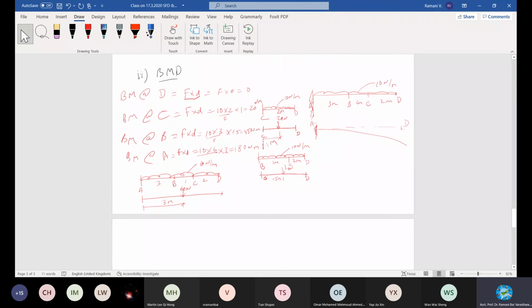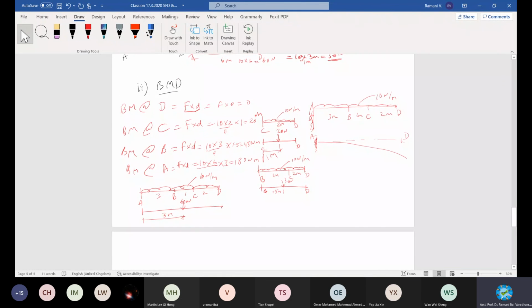Draw below this one. This is the beam. You need to follow the bending moment diagram. You draw the axis first, right? Draw the axis first. I consider it to be a straight line. Start from number 1, which is 0, right? 0. 20 is positive or negative? Come on, at C, 20 is positive or negative?